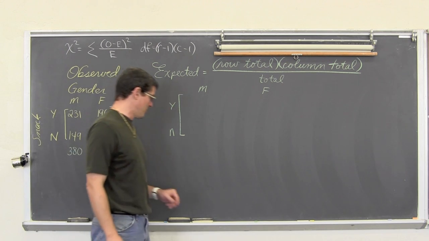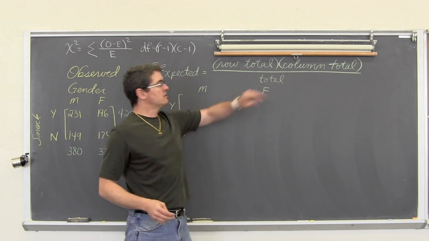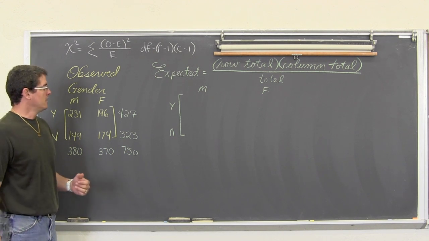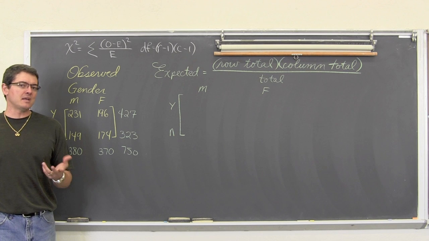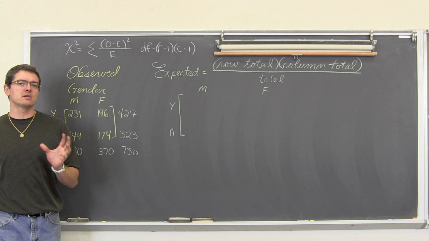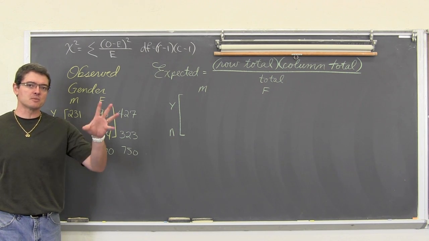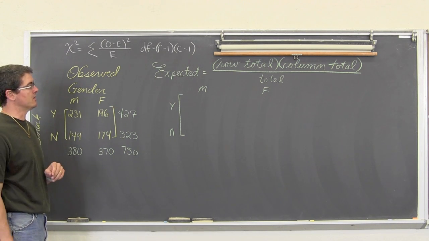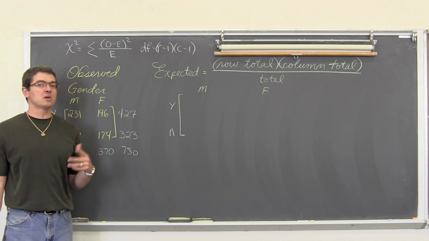And in a two-way table, your expected cell count is row total times column total divided by the total number of observations that we see in our two-way table. If this were a one-way table, a one-way distribution, we would have a population distribution basically given to us in the problem, and we could just take those percents stated in the description of the population and multiply that percentage by the total number of observations made, and you can find all your expected cell counts. But for a two-way table, it's row total times column total divided by, I like to say, total.